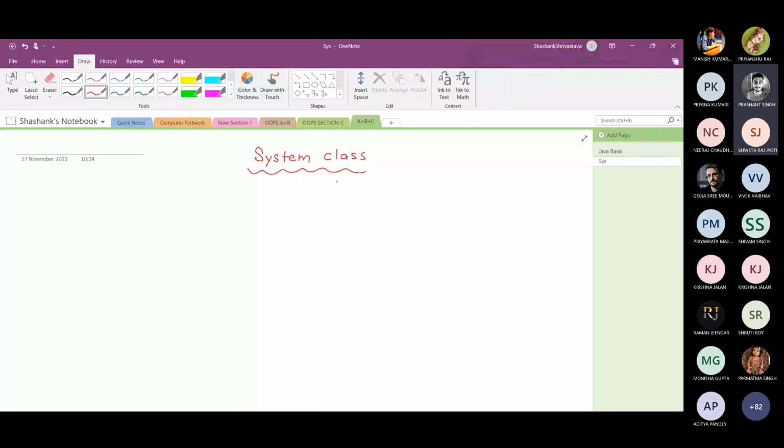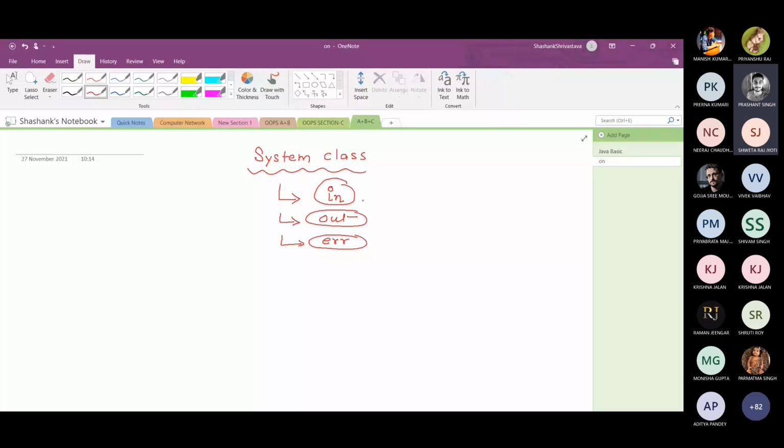Because this is a class, it means there are certain methods and certain fields or variables. So this class has three main variables. One is named in, another variable is out, and the third variable is err. Okay.